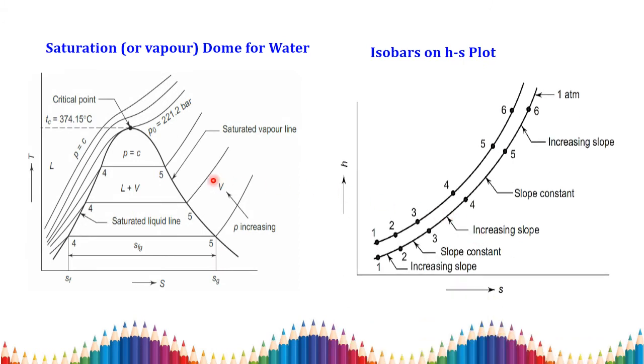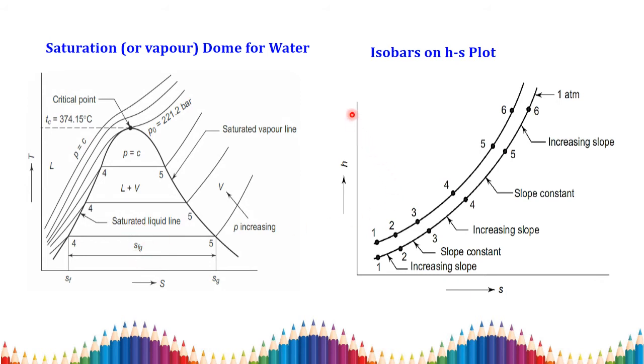Then we go to the saturation vapor dome of water. Here, in the TS diagram, they have drawn constant pressure lines. At the critical point, 374.15 degrees Celsius, the liquid is directly converted into vapor. We also need to see the difference between the fluid and gaseous stages, which is denoted as SFG. This is your saturated fluid line, the entropy at the saturated liquid line, and this is the specific entropy at the gaseous stage. The difference between these two is SFG, which can be written as SG minus SF.